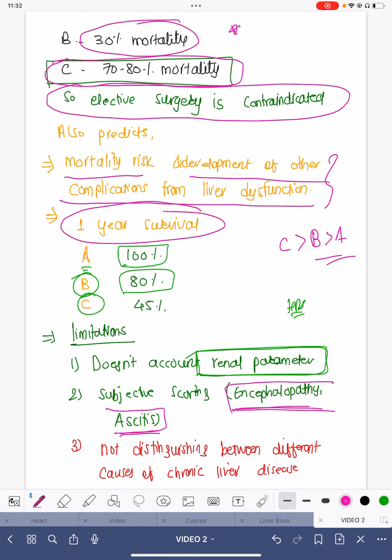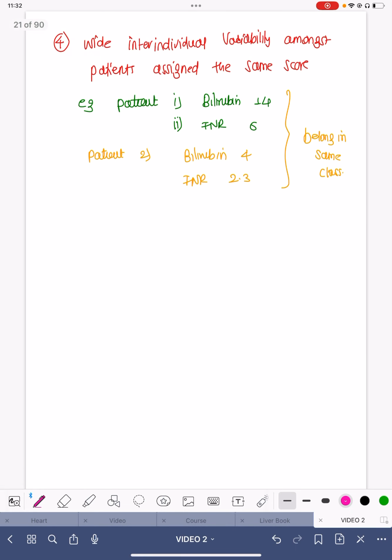And actually, it does not differentiate between different causes of chronic liver disease, such as alcoholism versus Wilson's disease, or some drug-induced CLD, or autoimmune disease. So that may vary, and the same Child-Pugh score in a patient with different etiologies of CLD may not be very relevant. And the last point, that there is wide inter-individual variability among patients assigned in the same